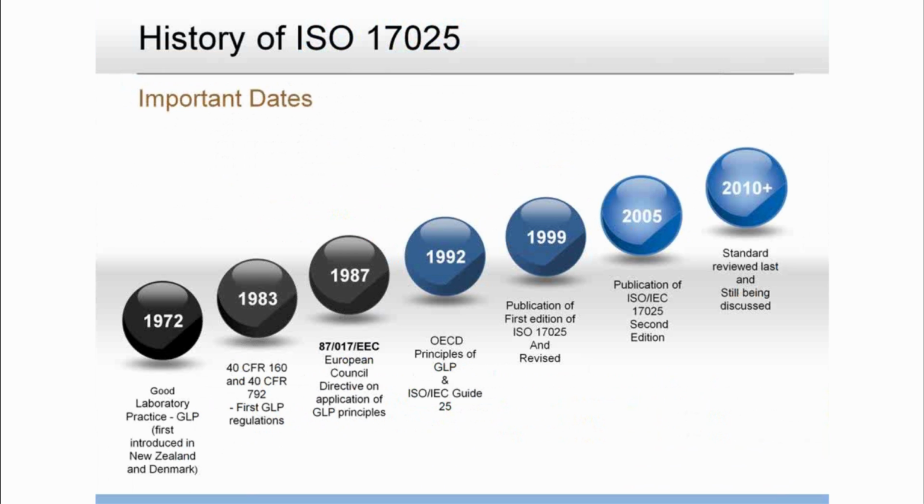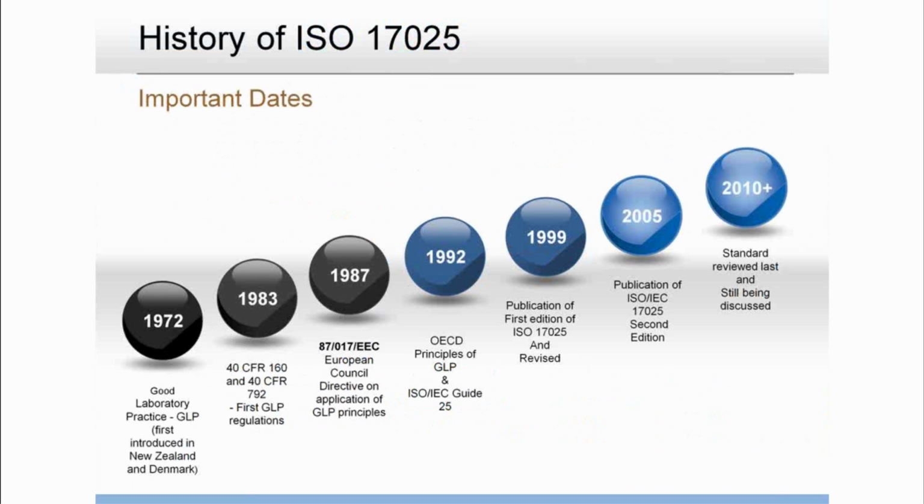Now, prior to 1999, ISO 17025 was not in existence. Countries basically had their own standards for laboratories. But prior to that, we had ISO/IEC Guide 25. It's very important. Actually, the first edition of ISO 17025 happens to be the revision of the third edition of ISO Guide 25. The first edition of ISO Guide 25 came about in the 80s, 1983, and they're based